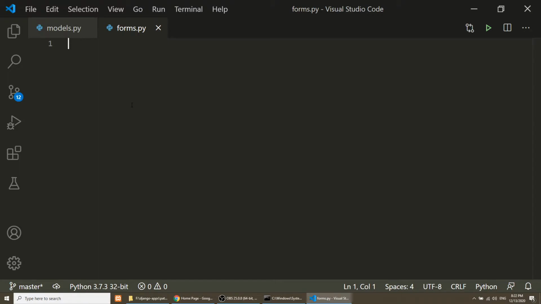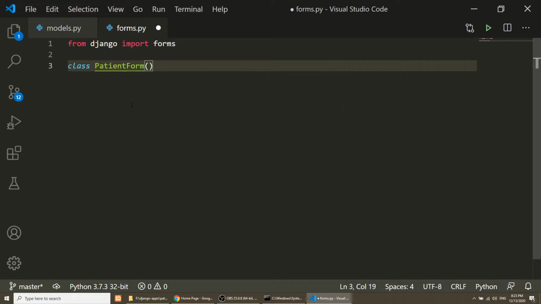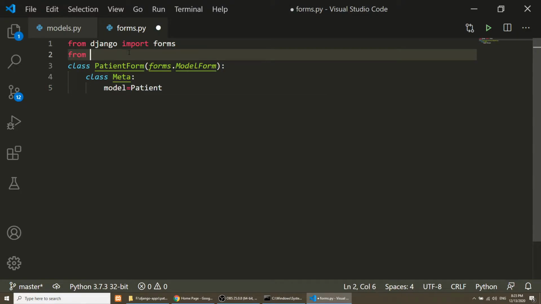Okay, and now we will create the class PatientForm, and in this class we will extend the ModelForm, and in the Meta class we will define the model.